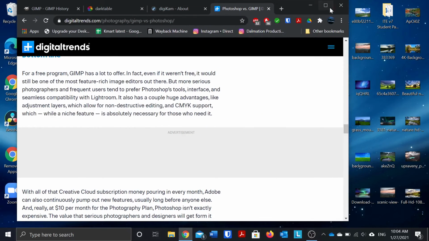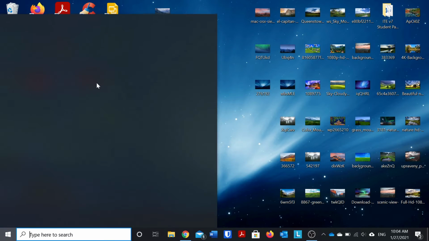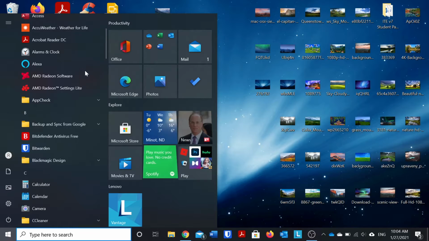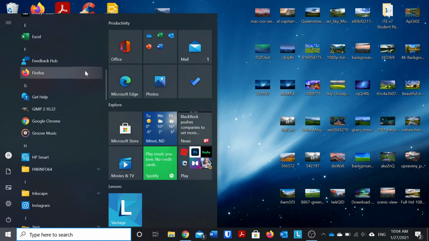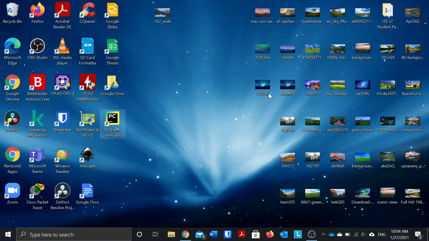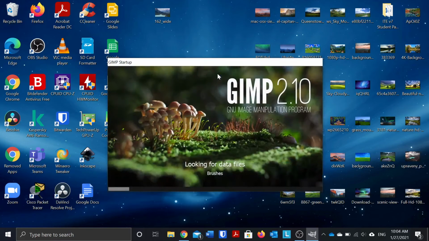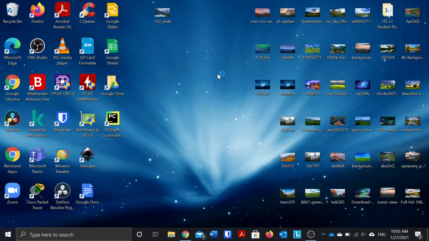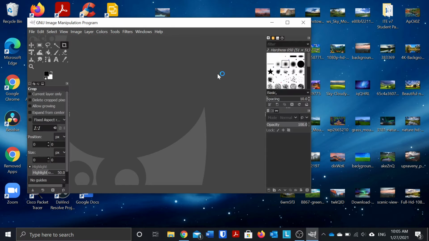And for anybody who's wondering, I will show you what GIMP looks like on my computer. Hopefully it doesn't lag, because I know it did lag last time. Here's what GIMP looks like if you guys didn't know. And this will take a few minutes depending on how fast your computer is. It's going to start extensions, and this is what GIMP looks like. So you can see it has a very similar interface to Photoshop,